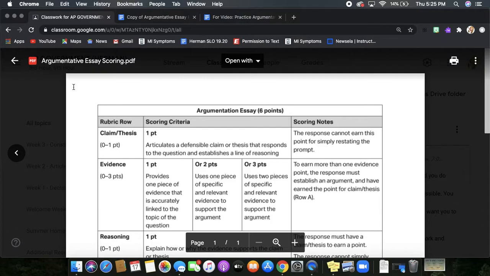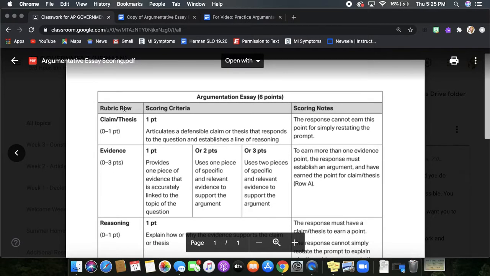This is in your Google Classroom, so hopefully if you got to the point of watching this video, you also are seeing this rubric in front of you. So let's go through it. The argumentative essay is 6 total points. Now, at first when you think, oh, 6 points, that's not that much, you have to keep in mind that